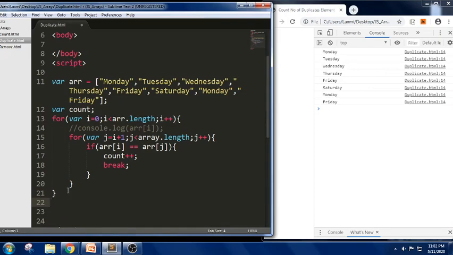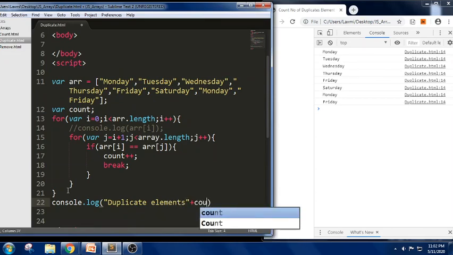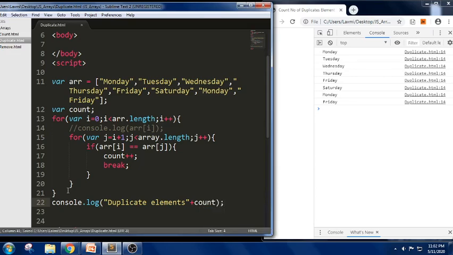So let us elaborate how it goes. Now let me write console.log, duplicate elements are, the count is. Let us check now. As per our expectations, it should print 2.